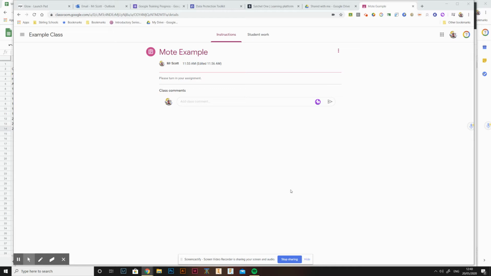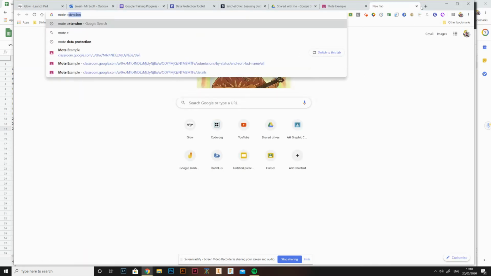There's an extension called Mote, which has been created to allow you to embed voice comments in Google Docs, Sheets, Slides, and in Classroom posts. So I'll take a few moments to go over how you would find it and how you might go about using it. If you look online for the Mote extension,